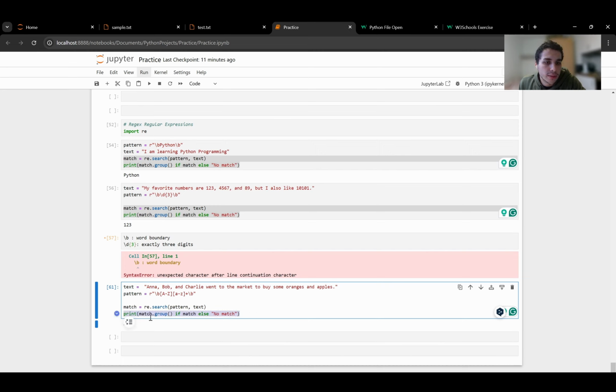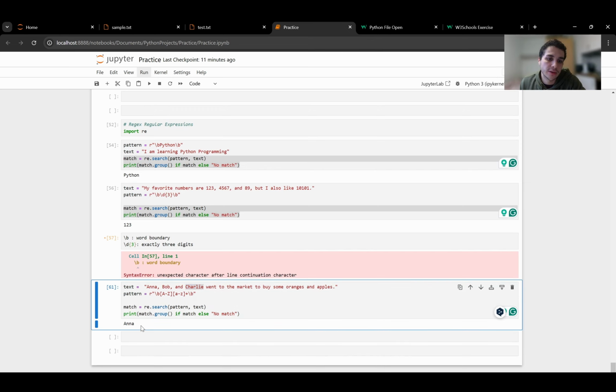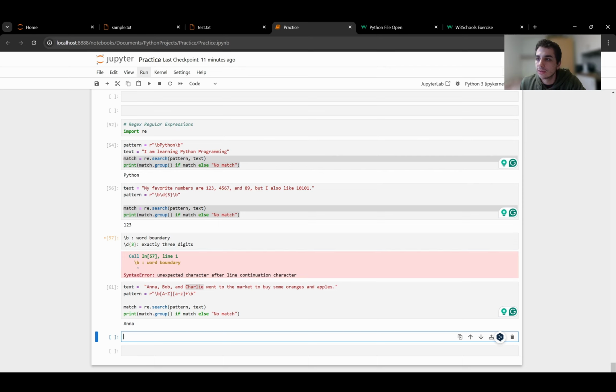Yeah, I think I made a mistake using this, but it's okay. Basically, the output was supposed to be Anna, Bob, and Charlie because they are all starting with uppercase letters and continue with lower cases, but we only printed Anna. And again, another text is,